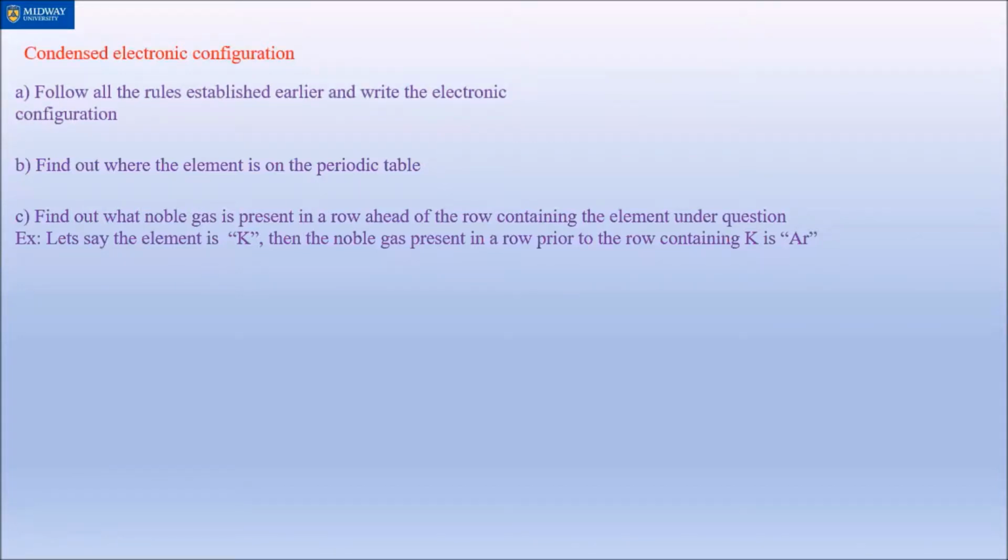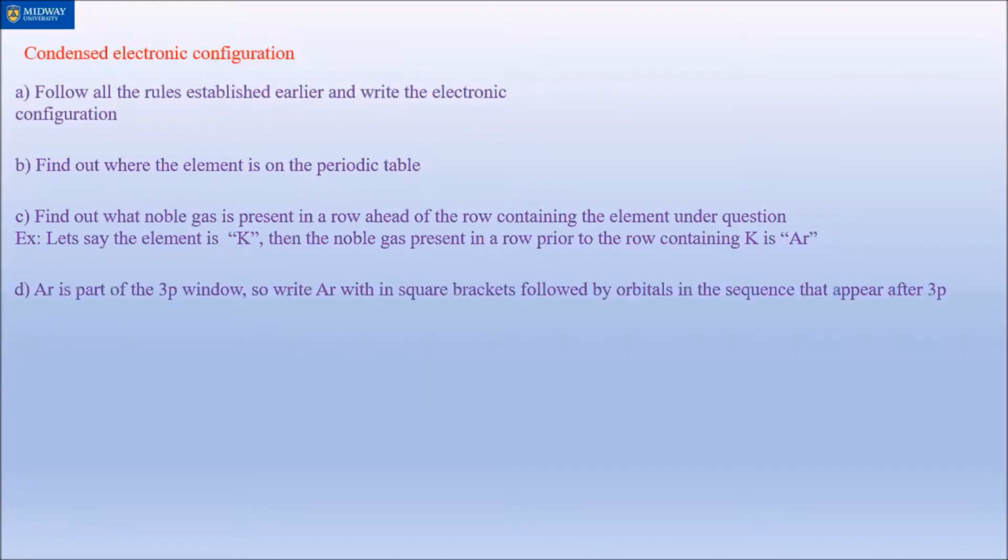Now this has no bearing on rule A. You could do C perfectly fine, but if you didn't have A correctly done, chances are you're never going to get the whole question right. So as I said, chemistry is a collection of interconnected objects. While it may appear as if the two rules are independent of each other, when you put them together, it becomes connected. So rule C is interrelated to rule A. Argon is part of the 3p window. Now, I'm going to put a placeholder for D for now. Let's actually